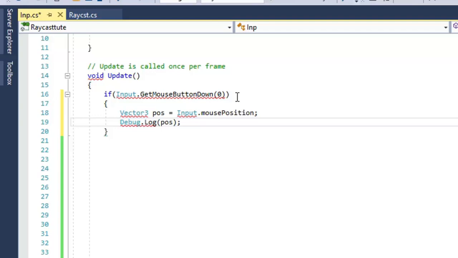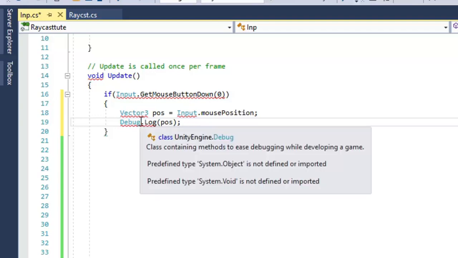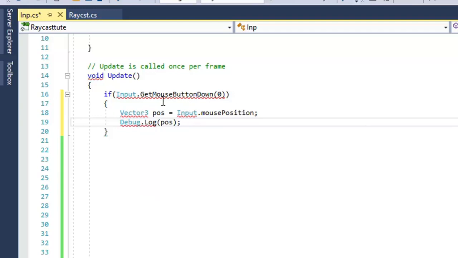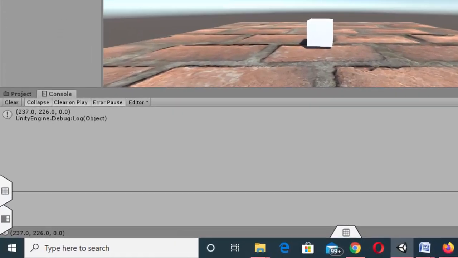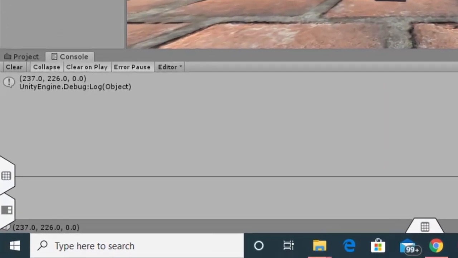So what will happen in this code? Whenever I press the left mouse button, it will print the value of the mouse position. Here you can see that I have clicked here, and the x, y and z coordinates are mentioned here.